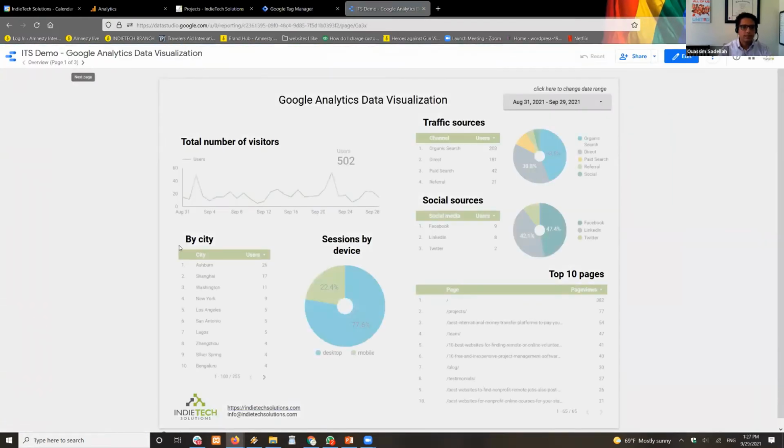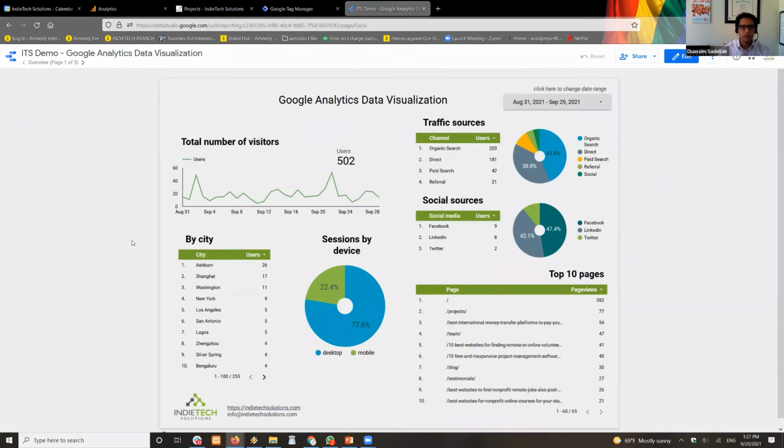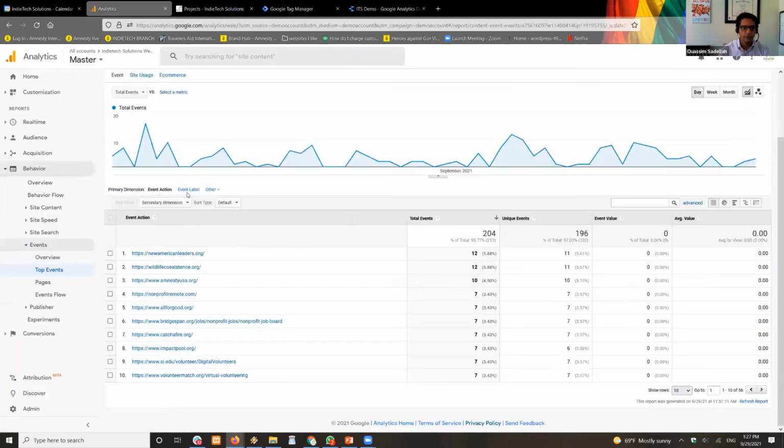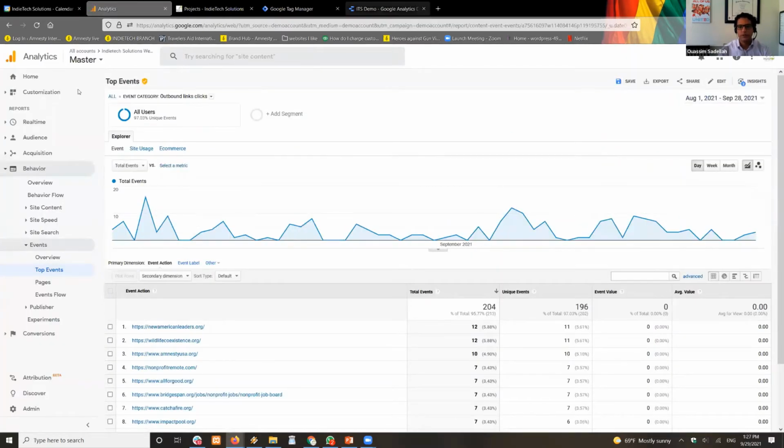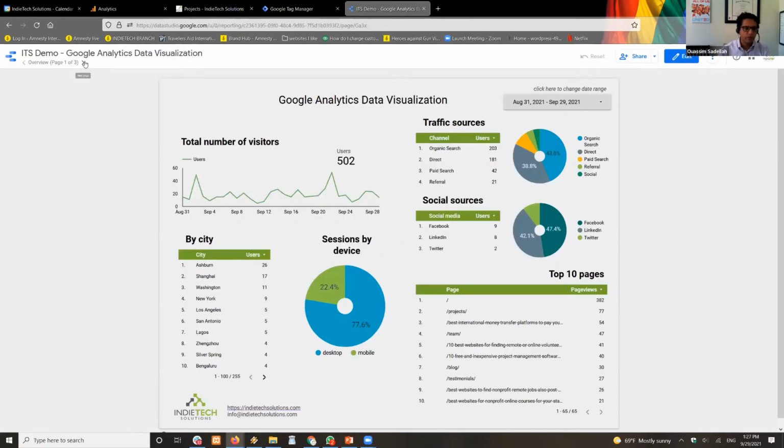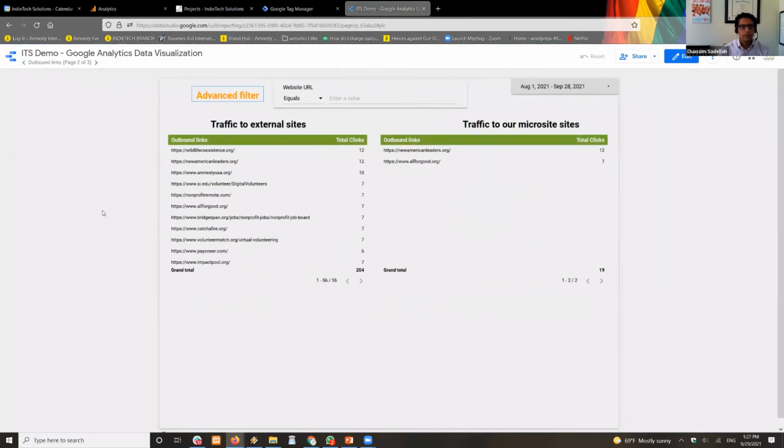Okay, this is something different. This is another tool called Google Data Studio. That's where we create all of the dashboards. Basically, from Google Analytics, we want to create beautiful reports. This is the outbound one I was talking about earlier. We created a dashboard, which is exactly the same thing. It tells us all of the traffic from our website to external websites, like how many clicks happened.